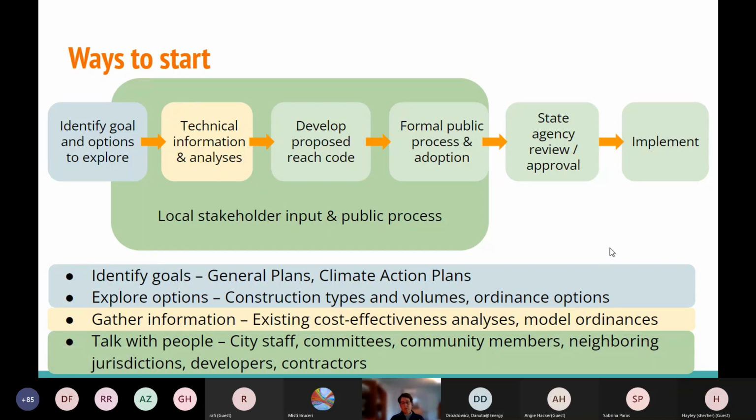What kinds of construction are going on in your community? Are you seeing a lot of single-family homes? Are you seeing a lot of new businesses, new warehouses being built? Is it almost all retrofits? Because those things feed into what kind of REACH code would give you the most bang for your buck for your community. What's happening,